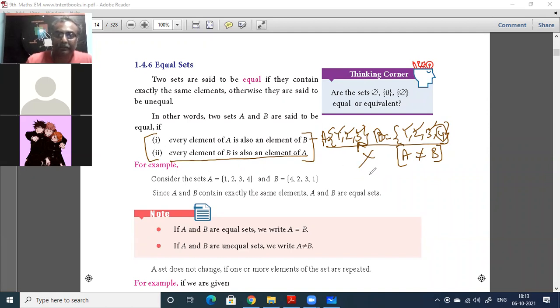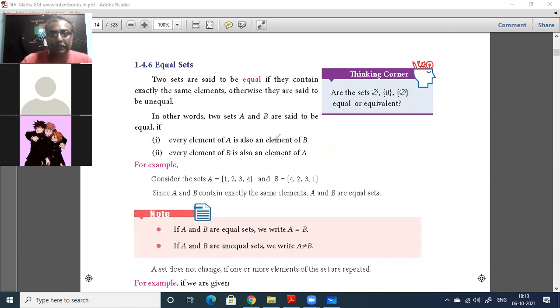All right. So let us do another thing. 1, 2, 3, 4 and 1, 2, 3. Every element in B is in A. 2 is there in B, 2 is in A also. So are they equal sets? No. There is element 4 in A, which is not in B. So they are not equal sets. So A is not equal to B. Okay, like that. Very important. These are all fundamental concepts. Be very clear about it.